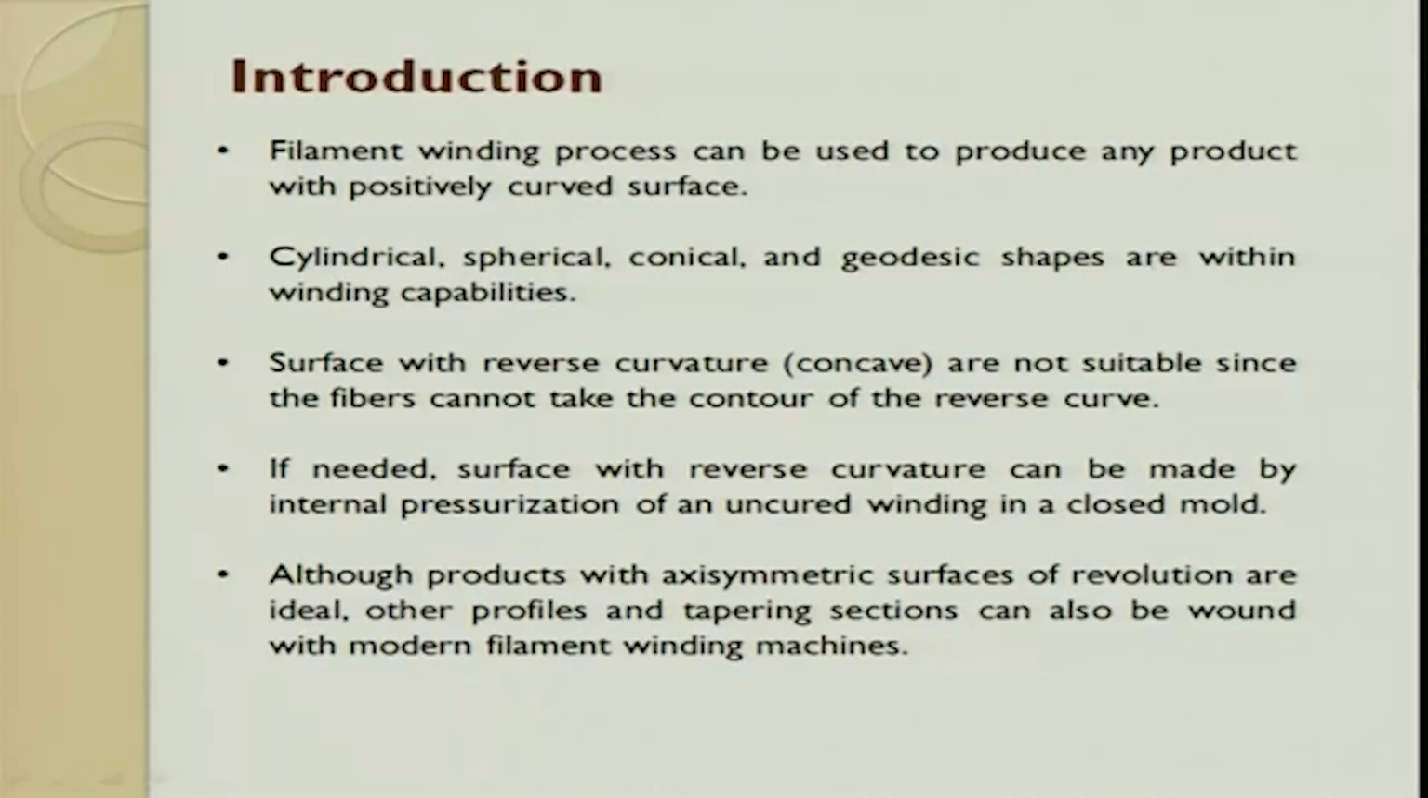So, filament winding processes are used for producing any product with a positive curved surface. It can be a cylinder, a sphere, a cone, a geodesic shape, all these shapes can be made. Is it very clear now? A geodesic shape is something which is used for space shuttle applications. Conical, again in a space shuttle, if you see the bottommost portion, it is something like this. They use homogeneous